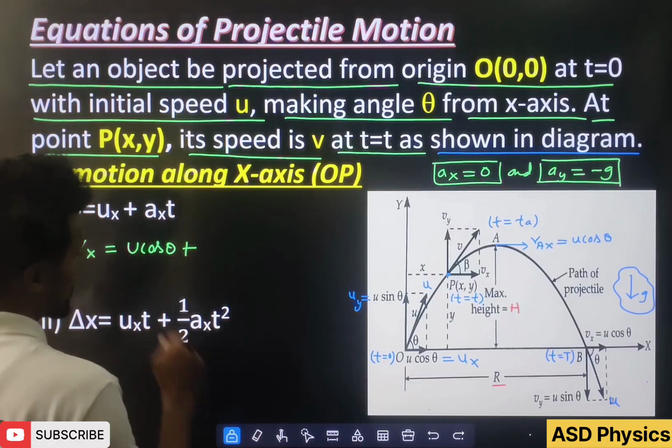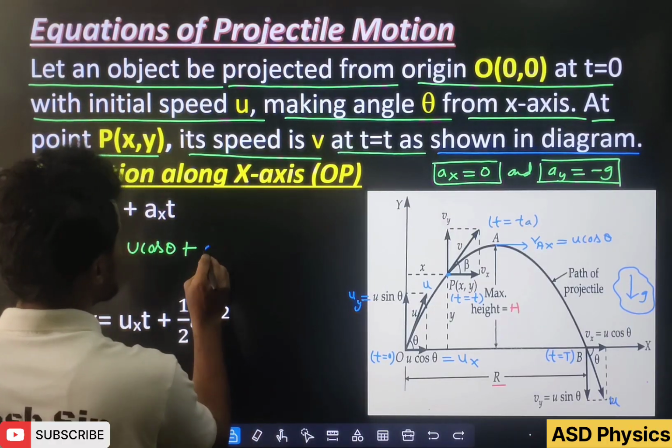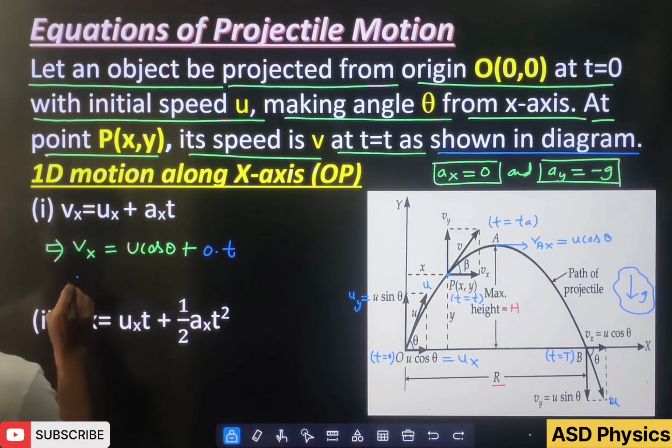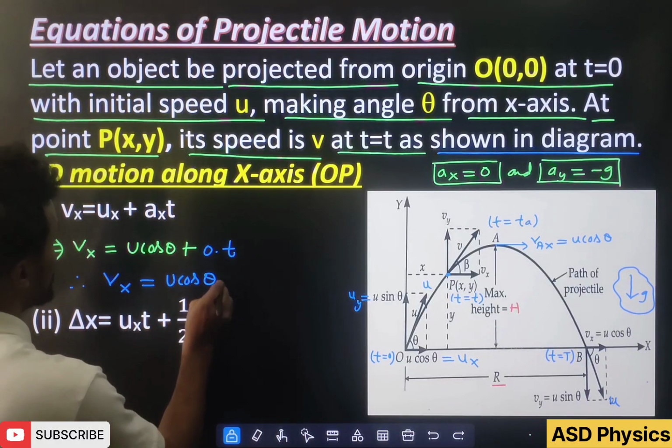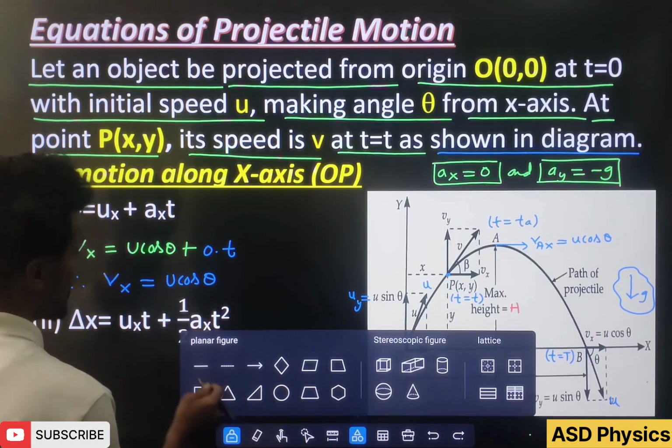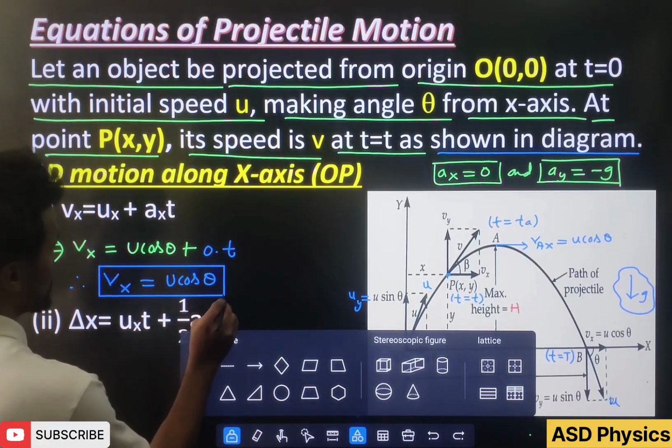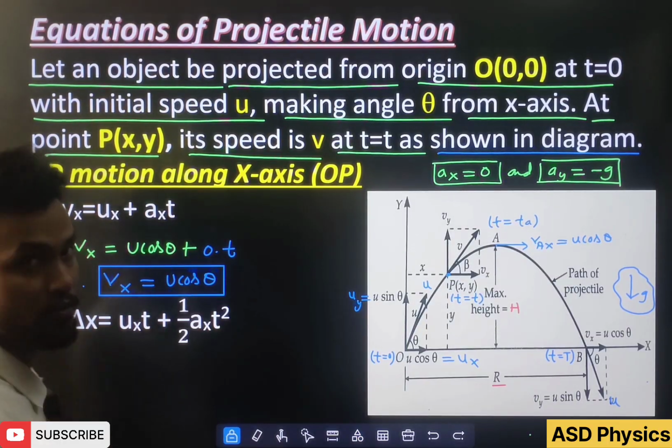Okay, after that, what is the value of ax? As I have told you, 0 into t. So hence I can write this equation, Vx equal to u cos theta. What is the equation? Vx equal to u cos theta. We have got the first equation. Now